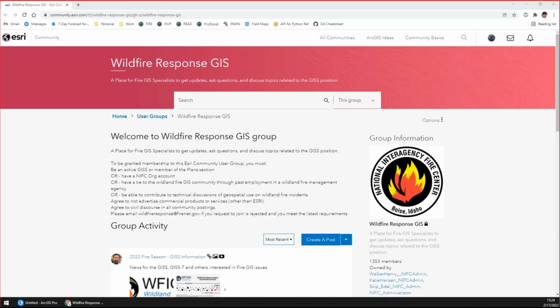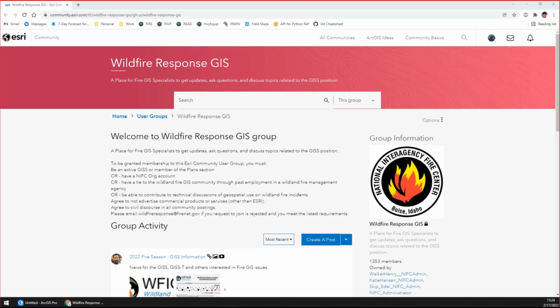Anywho, today I'm going to be giving a demo on how to use my feature layer download tool. Like Andrew kind of touched on, I designed this tool to provide a simple way of downloading the data from Andrew's services. Though it was designed primarily with those services in mind, it can actually be used to download data from any published feature layer that you have access to. So that's why it's not called the US Forest Service National Base Map tool, because it has a wider application than just those services.